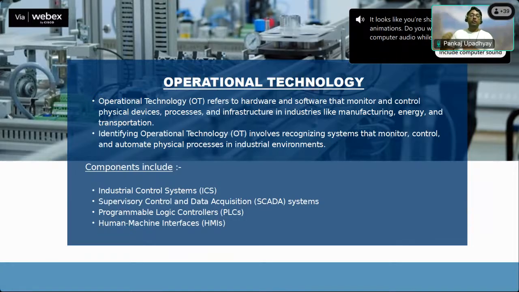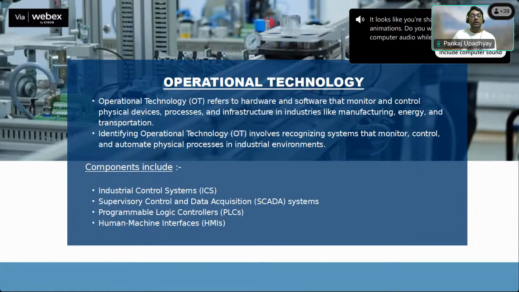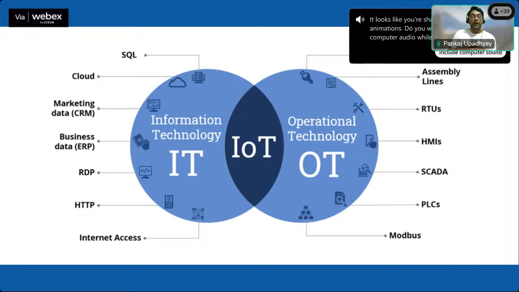You can't visit the site and manage each and every device separately. It's very tough to manage. So that's why this OT technology comes in, so that you can manage all the physical devices and control them, and run the plant in an effective way and in a secure way. Correct, they smartly handle the industrial process. So that's the main objective of introducing technology in OT.